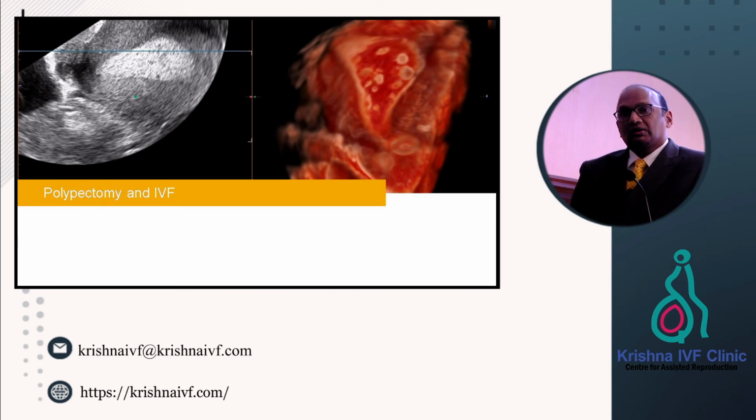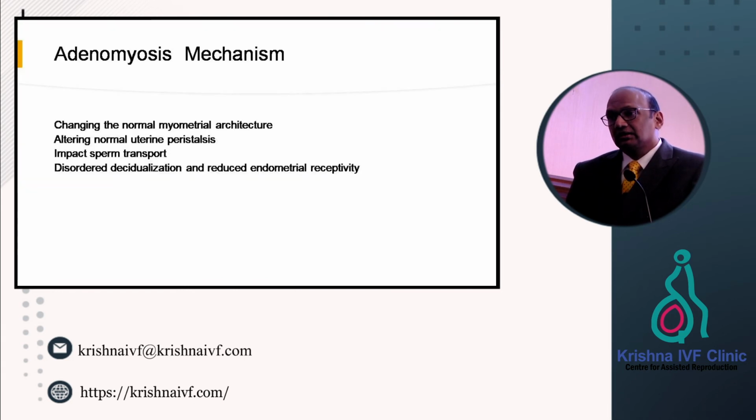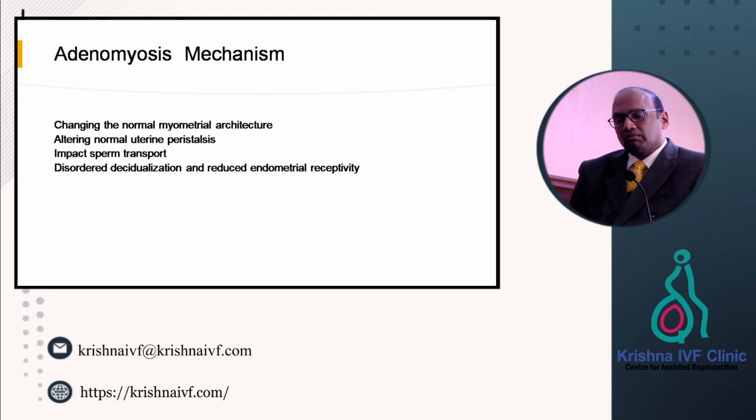If it is multiple polyps, wait for a cycle, recheck whether all the polyps are removed, then look at the pathology, whether the pathology has cystoglandular hyperplasia on the polyp surfaces. There, the role of waiting for a couple of cycles is to see that the polyps do not return, and then plan a cycle. In the area of endomyosis, as all of you know, it's a disruption of the junctional zone, but